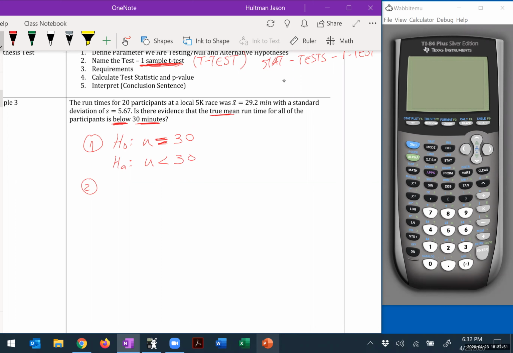Oh, it's a one sample t-test. Okay, one sample t-test. That's what we're going to be using. Number 3, are the requirements met? Is it a large population? Yeah. Is it a random sample? Yeah. Is the sample size, sorry, not 20, is n greater than or equal to 20? No. Okay, but